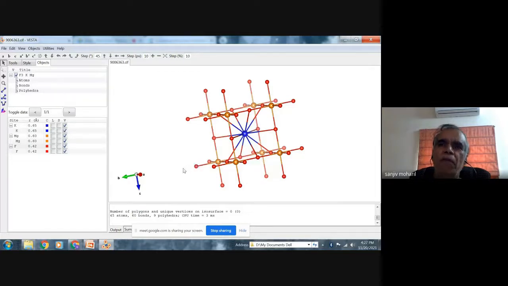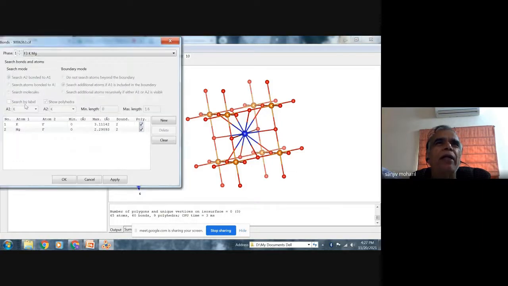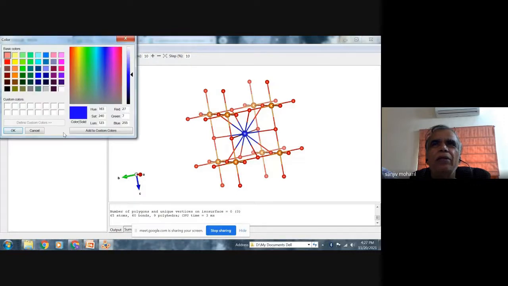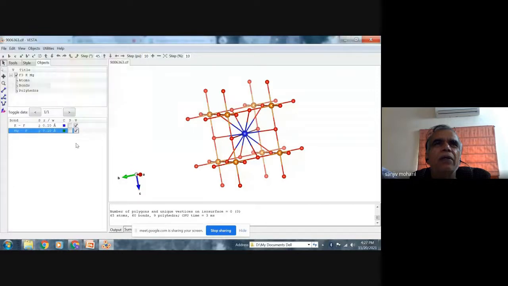Now I can find out from the crystal structure file of KMgF3 the description, and whether this description is correct or not. So I can edit the bonds. I can edit the objects.